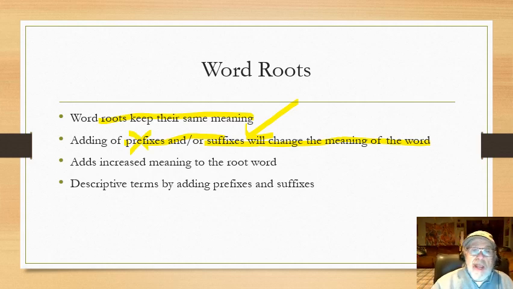And what happens is by adding either more word roots, and then always a suffix, and then sometimes a prefix, it causes an increased meaning of the word root. It makes the word much more descriptive. The more I add to it,